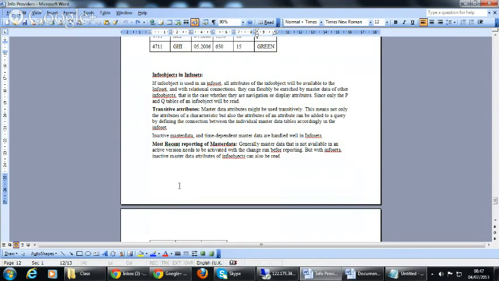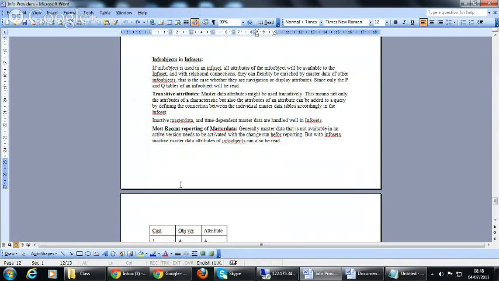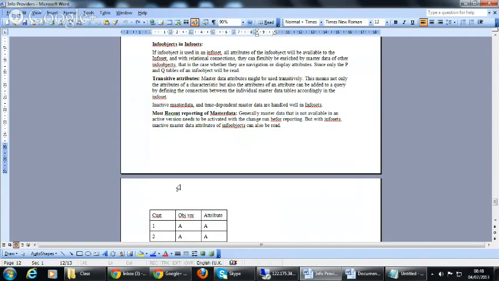You have transitive attributes in the info objects, which can be shown. For example, in master data attributes, you can use them transitively. What does it mean? It means not only the attributes of the master data, but the attributes of the attributes.